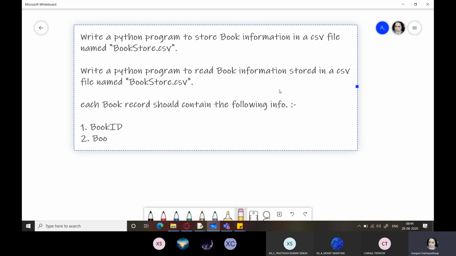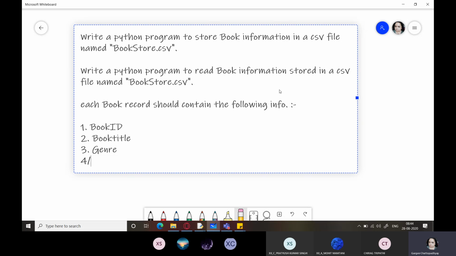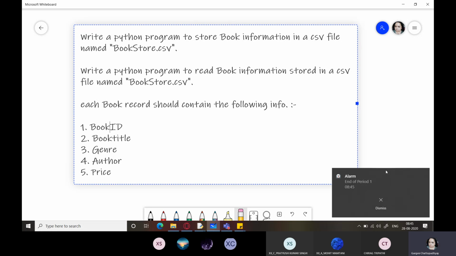Number 2, book title. Number 3, genre. Number 4, author. And number 5, price. Okay. So each book record should contain the following. You can decide upon what should be the data type of each of the fields. So at least right now, do the first one.